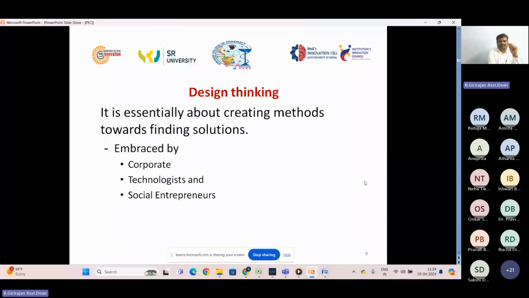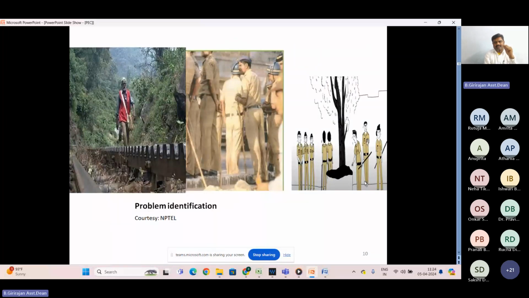So what are the concepts used in the design thinking? It is embraced by the corporate technologies and the social entrepreneurs, basically. So in that, the first stage is the problem identification in the design thinking. If you take any kind of design thinking model, there are many design thinking models that you are following to go with the design.